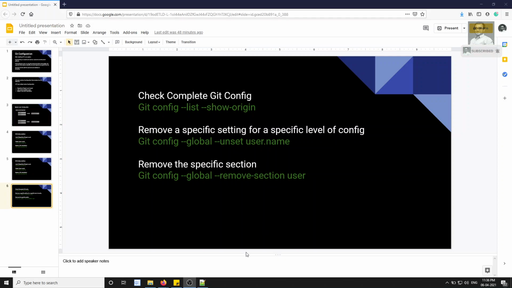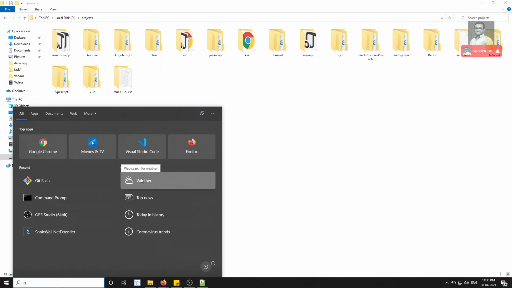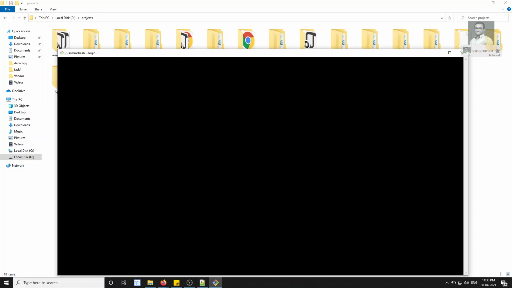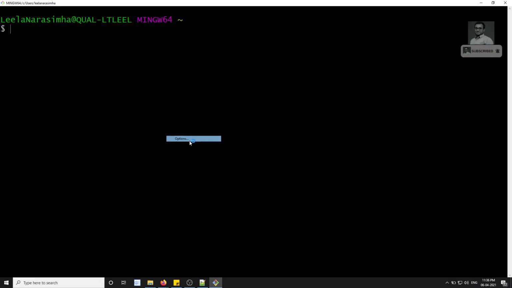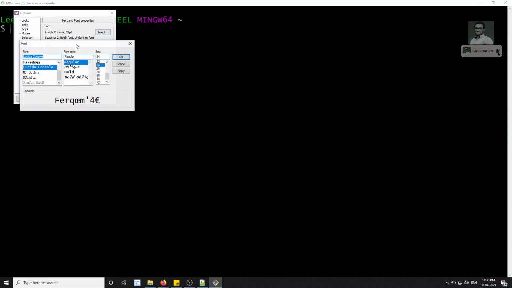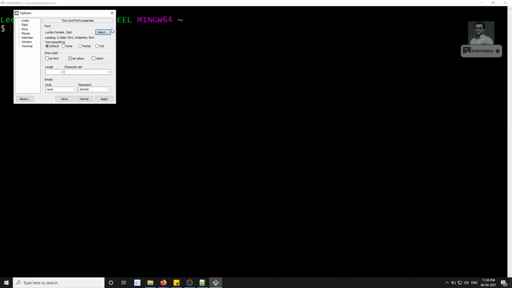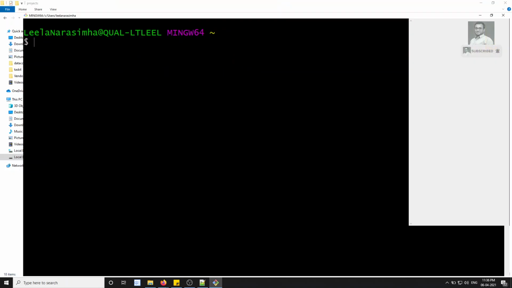Now I will be opening the Git account here. Here I will go to the projects. Not only the command prompt, you can also use the Git Bash. So you will be able to see the Git Bash also. Here this is the Git Bash. And now if you want, you can increase the font size and all those things. If I go here in the text, here I can use something like 26. I can use okay and click on apply. Okay, you are all able to see.